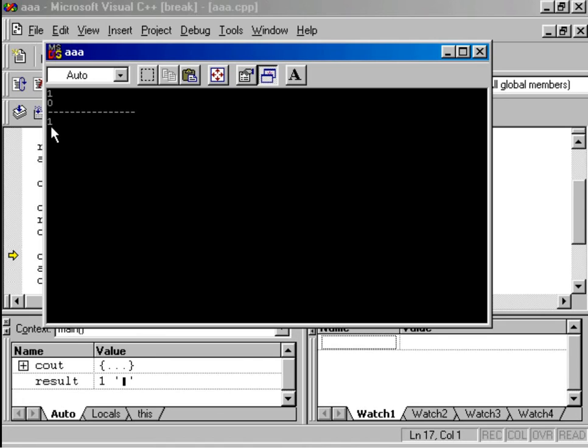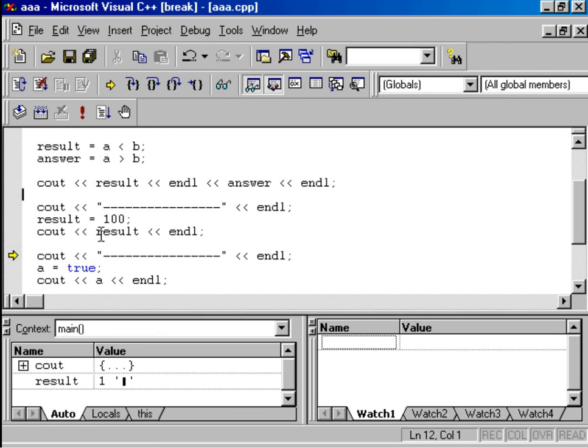You will find that 1 is displayed. What is the meaning of this 1? Let us see. I have assigned a value 100 to the variable, namely result. So this is a non-zero number, and that is why true value is assigned to result, and true means 1, and that is why content of result is 1. Is it clear to you?